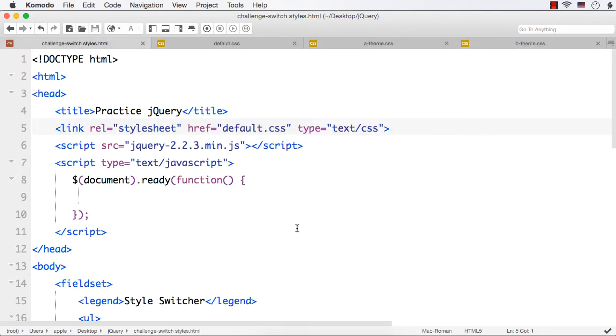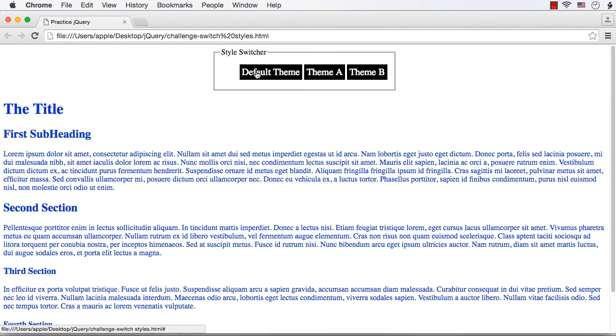Okay, now we are ready with the content. Next, when we click on any of these links, we need to apply that associated style sheet to our web page. So how can we do that? We have to select this A element, isn't it? So let me try to select it first.